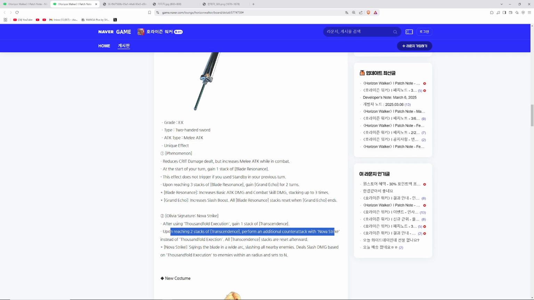And what this does is it swings the blade in a wide area, slashing all enemies nearby. Deals slash damage based on 1000-fold execution to enemies within a radius, and sets the percentage there. So honestly, guys,